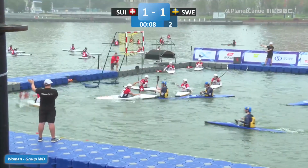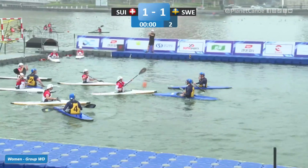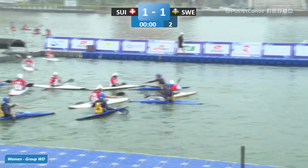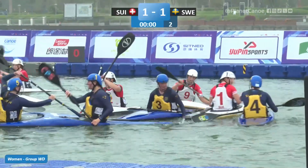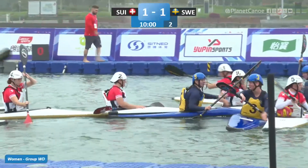This game's going to peter out. I think the clock's just going to beat everybody here. That's the end of the game. That shot taken early. I don't think either team's going to be happy with that. That's a 1-1 draw. The Swiss women and the Swedish women, the final game for both those teams in Group D ends in a 1-1 draw. Disappointment for them both there, I would guess. The Swiss will be thinking they should have put the game to bed long before the end, and the final 2 minutes